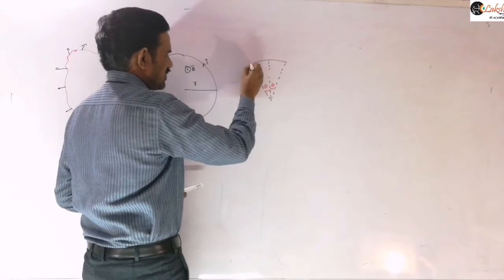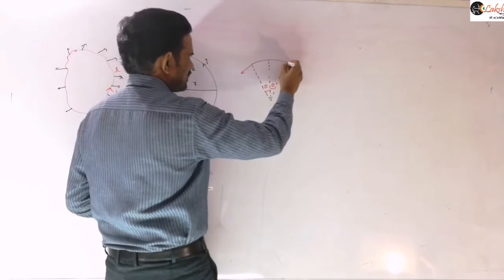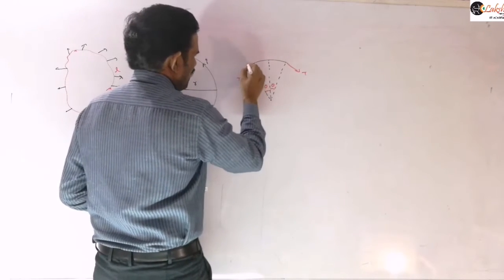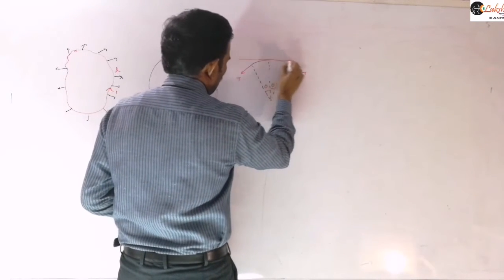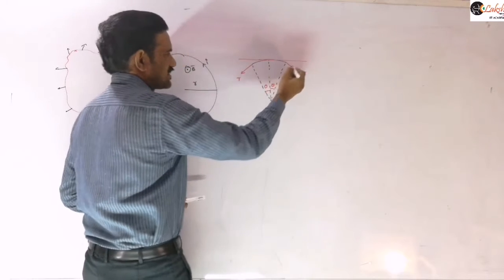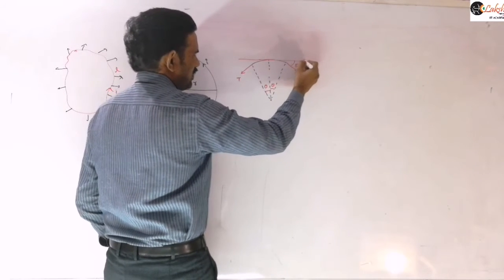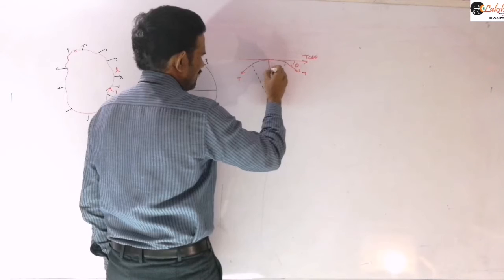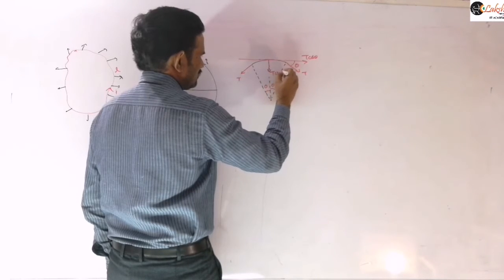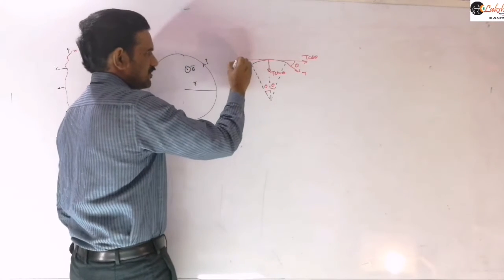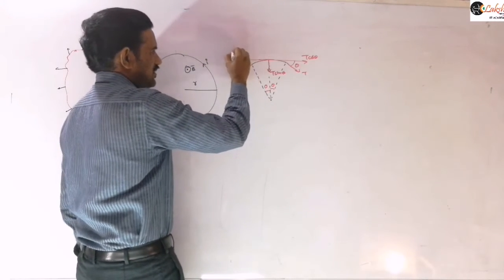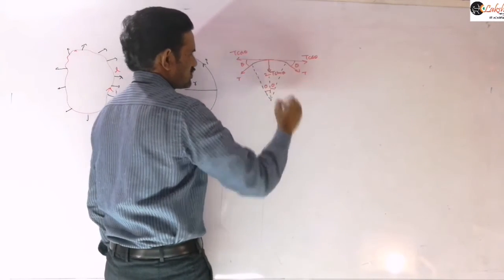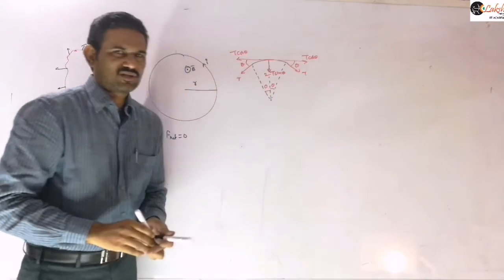Suppose we represent the tension acting like this, and here some tension will be there like this. Now we can resolve these tensions into components. If this angle is theta, then this angle will be theta. So along this direction you will get T cos theta, and along this direction T sin theta. Similarly along this direction this will be theta. So this is T cos theta, and this will again be T sin theta, so we can write it as 2T sin theta.